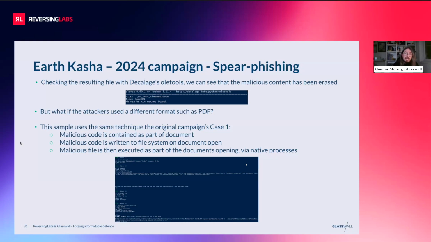Now, to do this, we used elements from well-known malware capabilities. So we actually used a very standardized sort of capability in order to perform this sort of dropping activity through the open actions of PDFs. So if we go to the next slide,